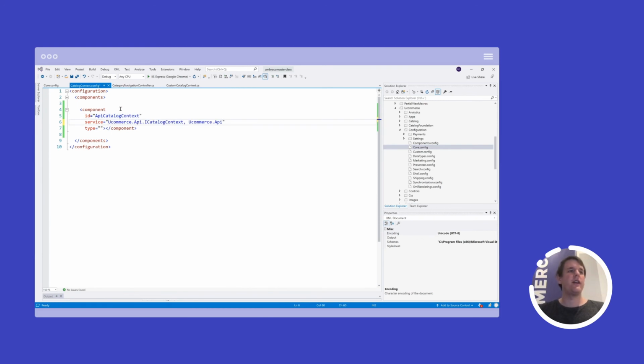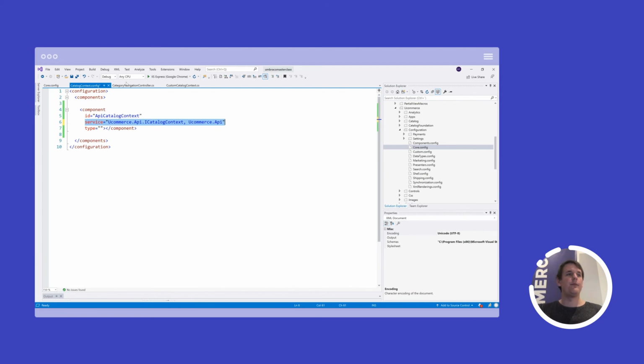So the service that we're typing in here is usually an interface. In this case, it's ICatalogContext. But while we can almost always tie the service to an interface, it's not exactly the entire truth, because the service that we register here is the one that we are asking for when we need it.